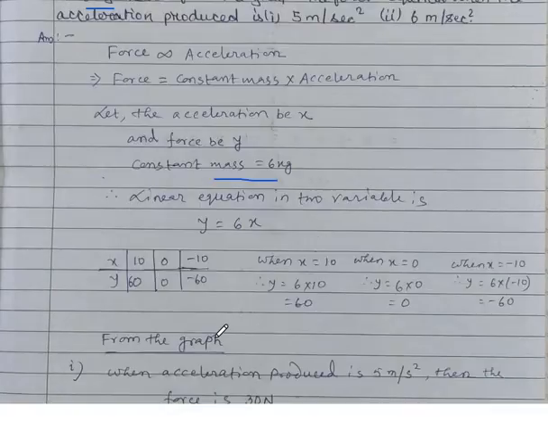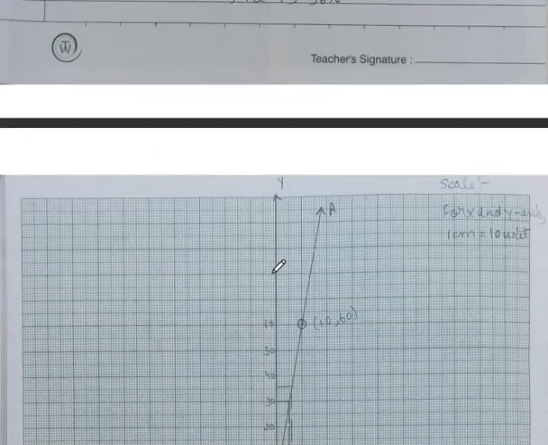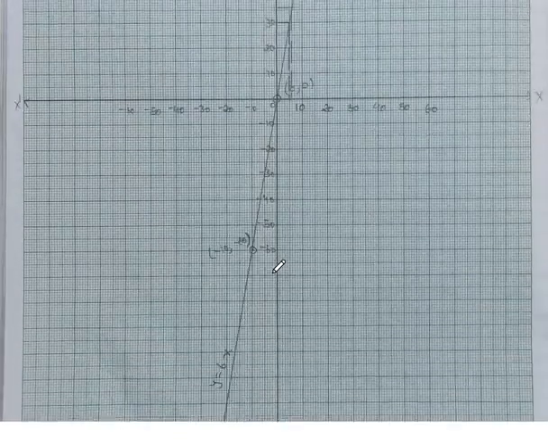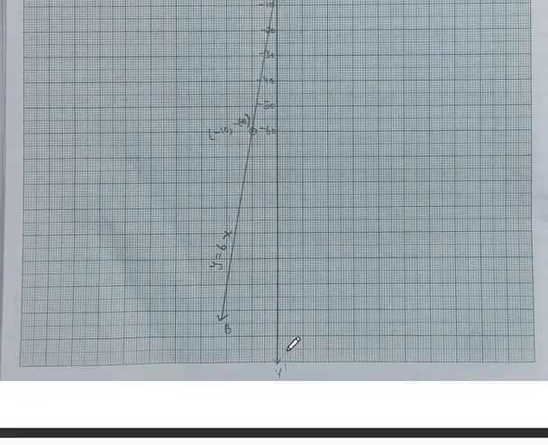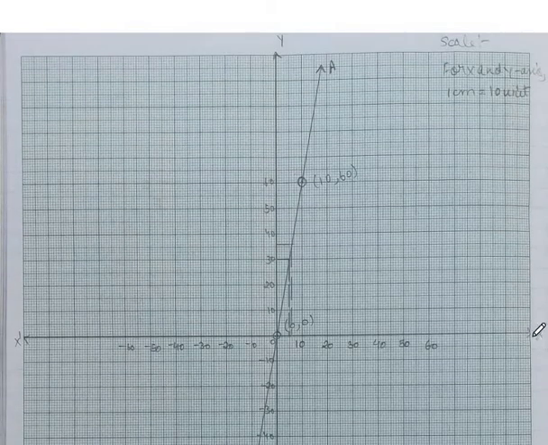Now this will be plotted on the graph. Whole page you can utilize from top to bottom. That is your y-axis. Upside taken by capital Y, downside y dash. Then left to right you can make another axis. This corner capital X, this corner x dash. Scale should be adjusted for x and y axis: 1 centimeter 10 units.